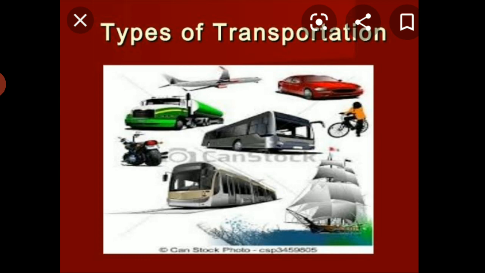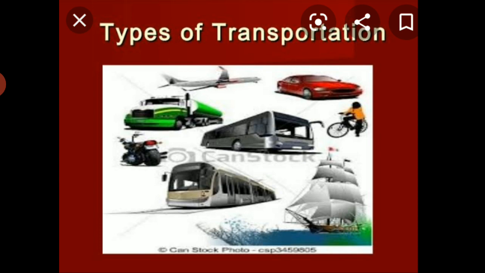Suppose we have to travel a small distance, around half a kilometer or within half a kilometer, what are we going to use? We are going to use a cycle, right? Suppose we have to travel from one place to another for a little longer distance, we will prefer a two-wheeler, right? Why this transport is necessary, and which kinds of vehicles we will use, everything we are going to study in detail.